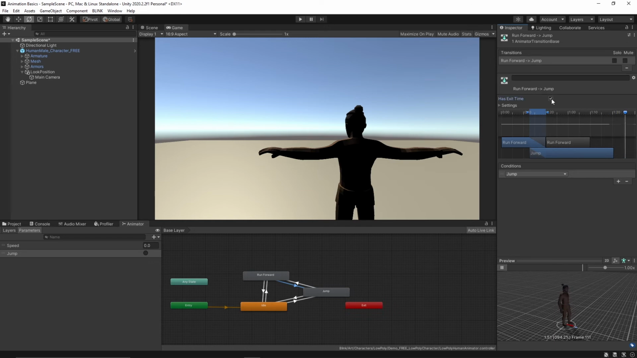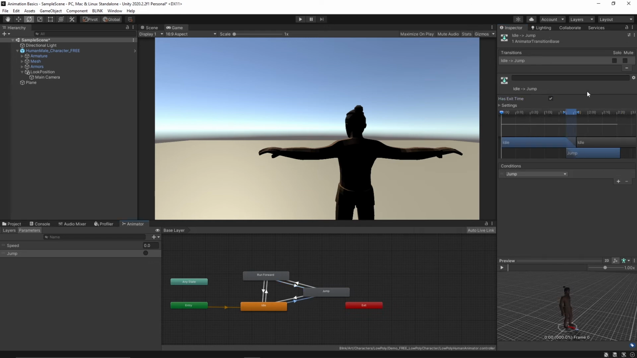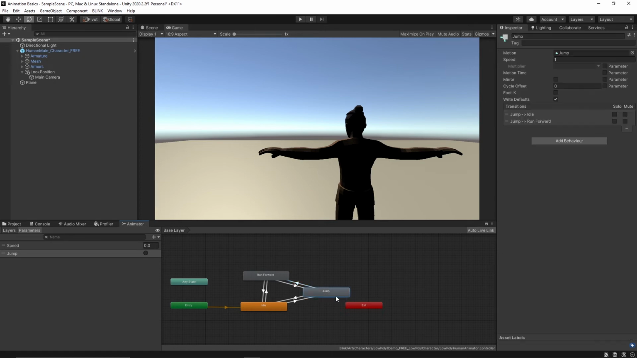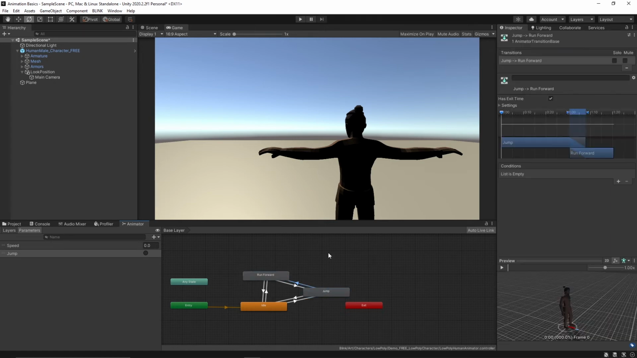And we want to make sure to turn exit time off on that too, and make sure you do it on the idle to jump too. This is one thing I've run into when setting up my animators before, is I'll always forget to turn exit times off and then have to go through again and do it. But then you do want exit time on for the jump back to the run forward, but it will finish